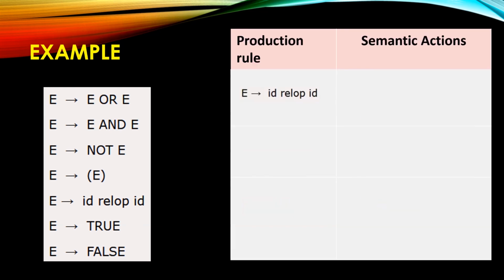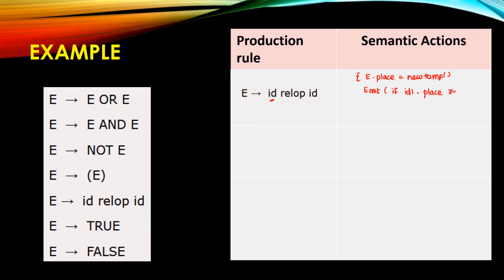Next statement: id, relational operator and id. So for this, the first statement is E.place equal to newtemp. First you have to generate a new temporary variable. Next you have to emit what? If id is given,